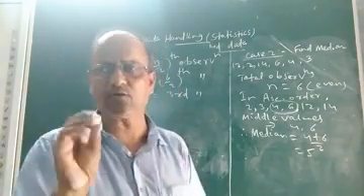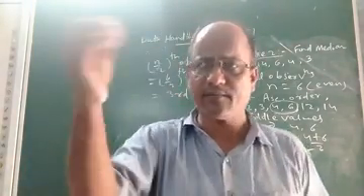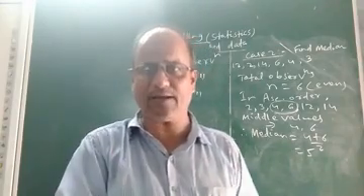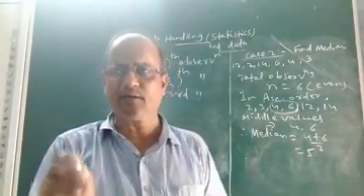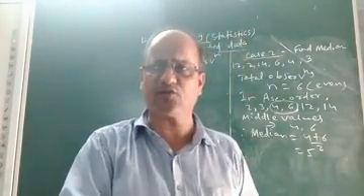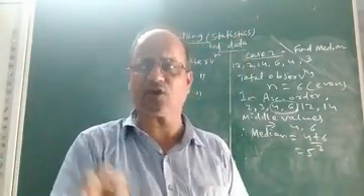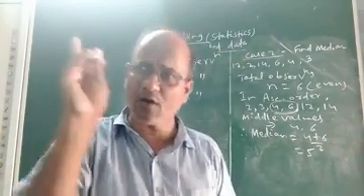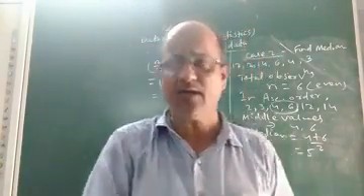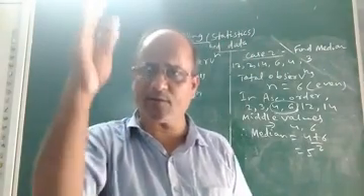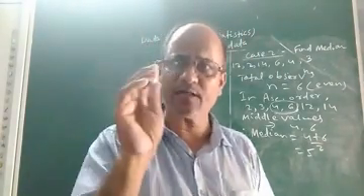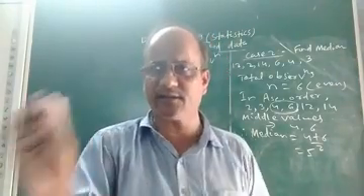Children, I hope you understood what is median. Once again, I am summarizing. What is median? Median is the middlemost value of the distribution, below and above which, or to the left and right of which, always 50% of the observations will lie. Okay. Now, in order to find the median of ungrouped data, first we have to see how many observations there are in the distribution.